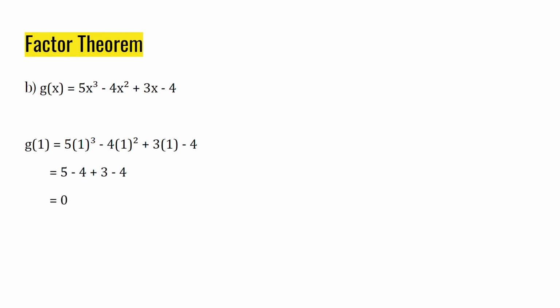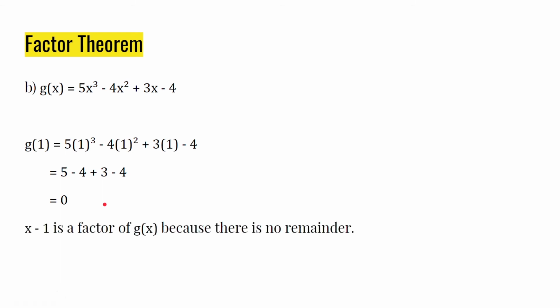And we will get a final answer of 0, which fulfills the factor theorem. So x minus 1 is a factor of g(x) because there is no remainder. Next, another way that we can factor polynomials is by using the integral zero theorem,